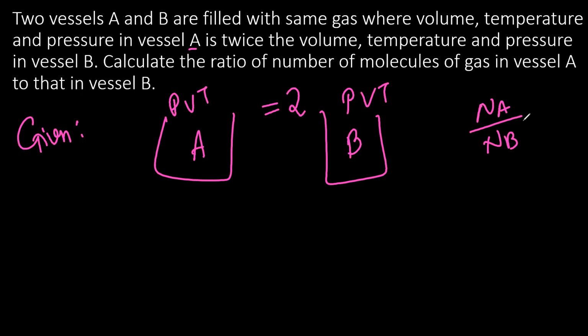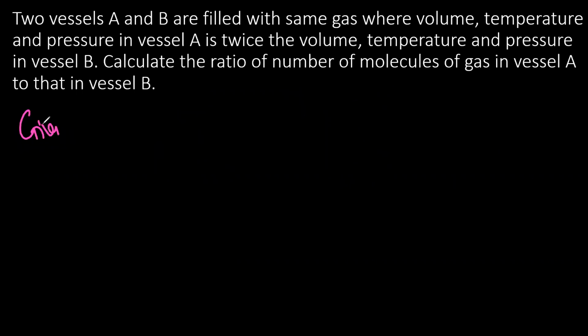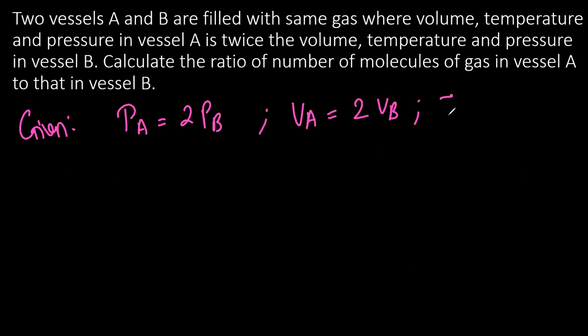Okay, so here we find out. Let's go. See, given PA is equal to 2 times PB, VA is equal to 2 times VB, and TA is equal to 2 times TB as per the given. Now what do we need to find out? We have to find